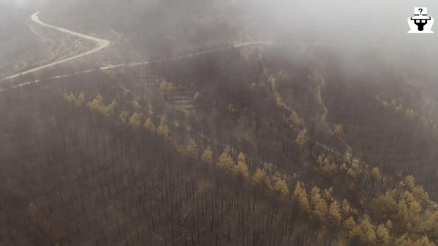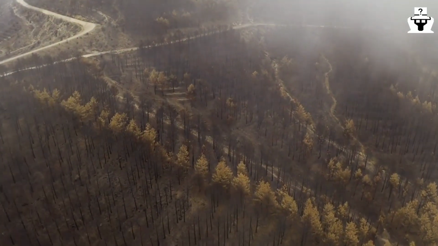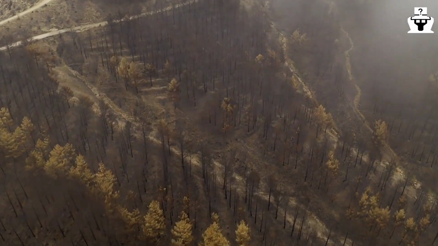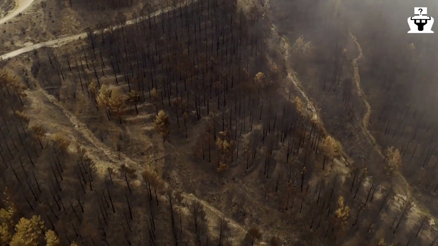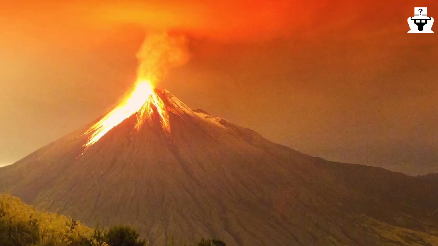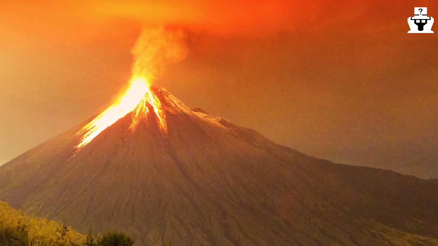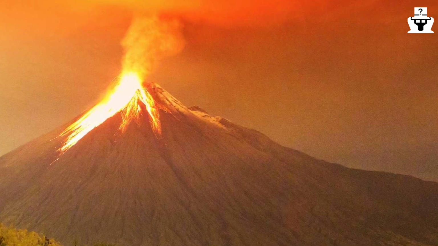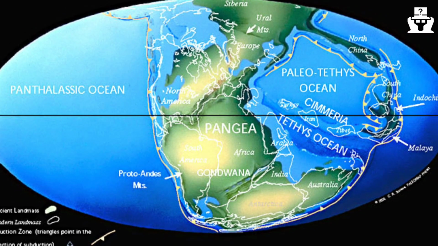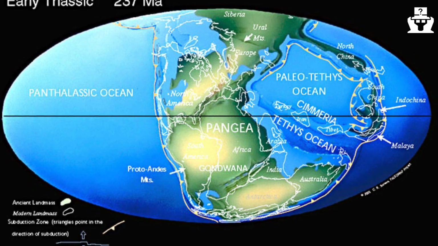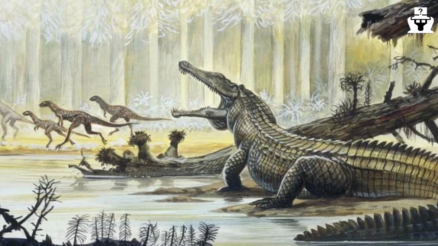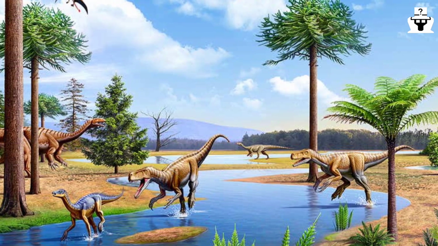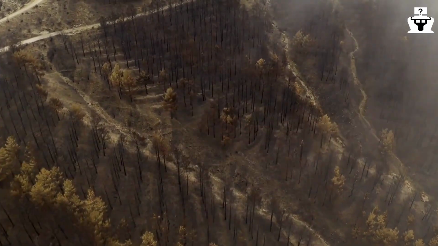So, what caused the Triassic-Jurassic extinction event? It's believed that a combination of factors led to the event, with the most significant being massive volcanic activity. During this time, a large volcanic province known as the Central Atlantic Magmatic Province, CAMP, was erupting. This caused massive amounts of lava to be released into the atmosphere, leading to a surge in carbon dioxide levels and global warming. As a result, the climate became incredibly hot and dry, and many species were unable to adapt